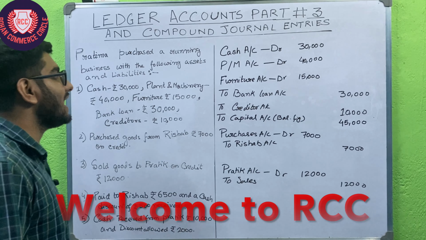So Rishabh account debit. Okay, cash is going out of the business because we are paying the cash to Rishabh, so asset is decreasing, cash is decreasing means asset is decreasing, so to cash account. And discount received account is basically a revenue. Okay, so we have received the discount over here, that means the revenue has increased, so revenue increases, that means we are crediting it, right? So to discount received.